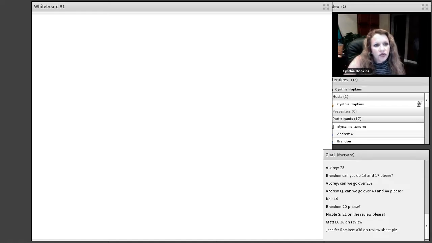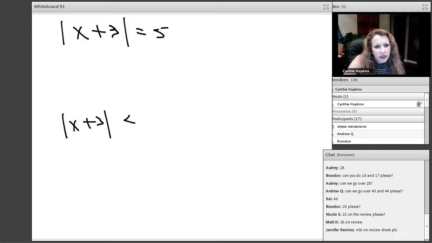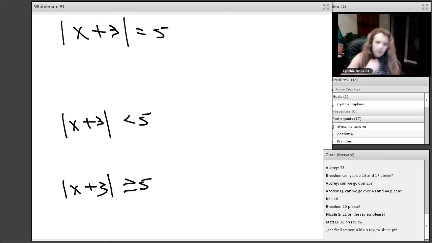All right, I'm going to go super, super basic for all of these. Let's just go |x + 3| = 5. And then I'm going to do |x + 3| < 5. And then I'm going to do |x + 3| ≥ 5. Okay, so when the equation has absolute value but an equal sign,